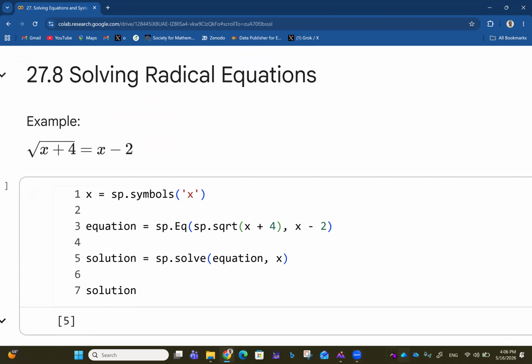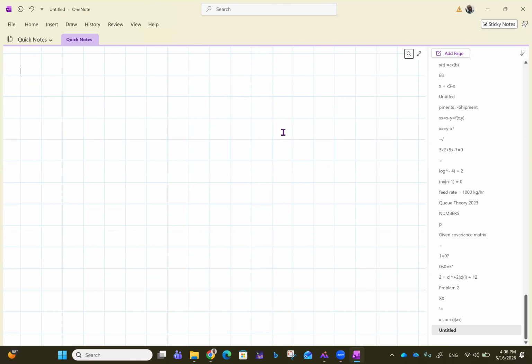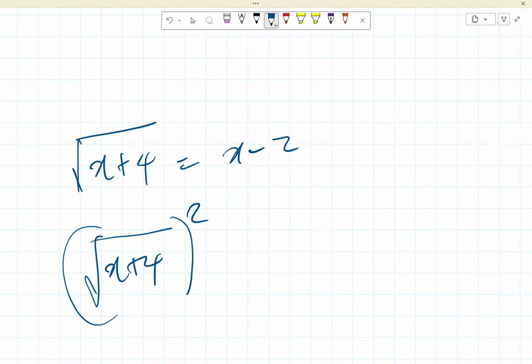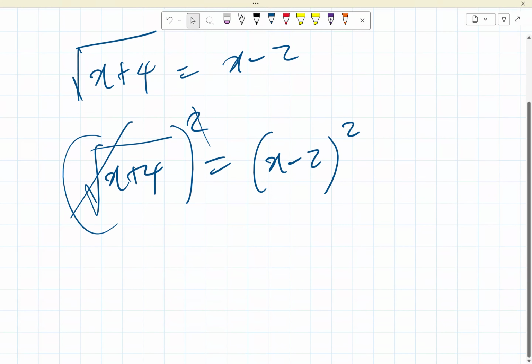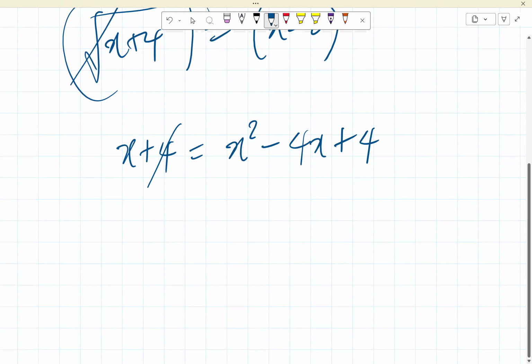Now, this is exactly what I mean. Square root of x plus 4 equals x minus 2. So you want to remove the square root, right? So you have root x plus 4. So you square that to remove the square root, then x minus 2 all squared. So power cancels root. So you have x plus 4 equals x squared minus 4x plus 4. So you can subtract 4 from both sides. So this goes away. And then you have 0 equals x squared minus 4x